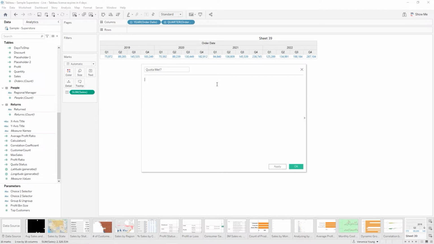We're going to use the if function here. And we're going to reference the sum of sales, and we're going to do greater than or equal to quota status,